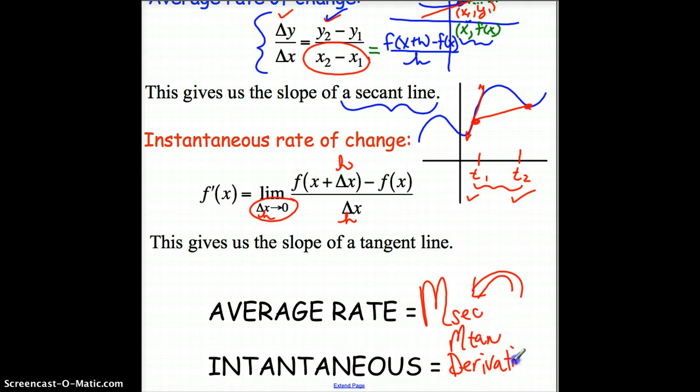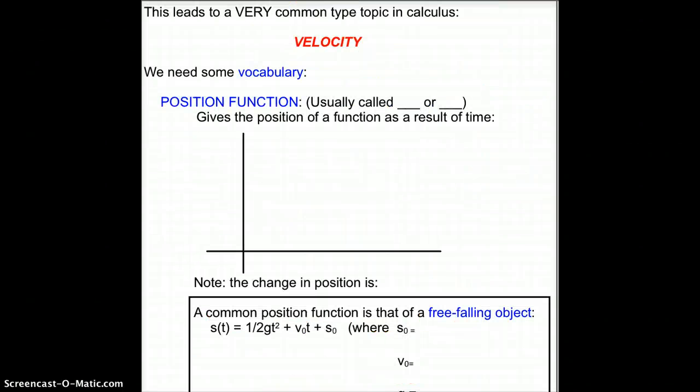So when it asks you for the average rate of change, Algebra 1, slope of the line. Instantaneous rate of change, Calculus 1. What is the derivative there? So we'll start a slow tie-in to how this leads us to the concept of velocity, which is a whole topic,